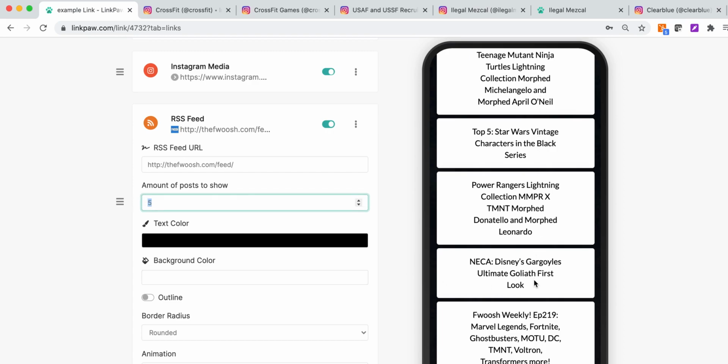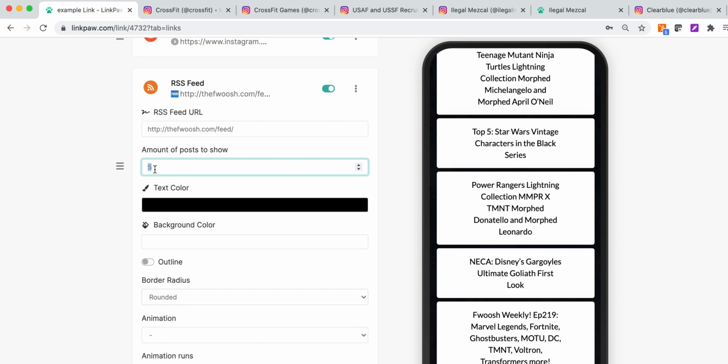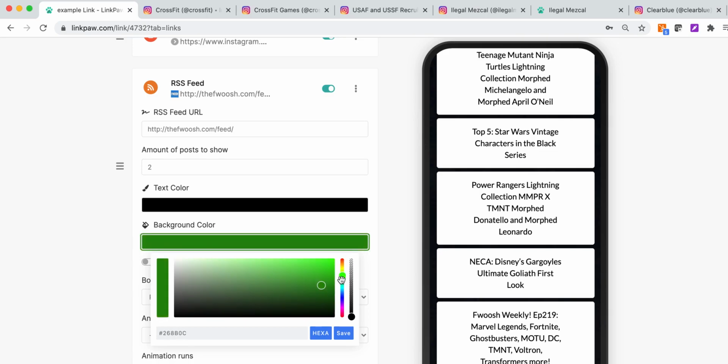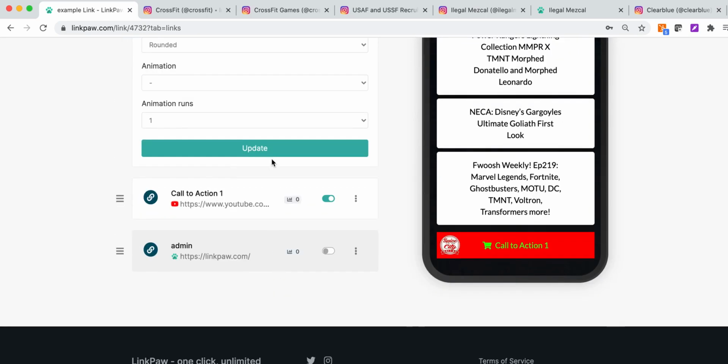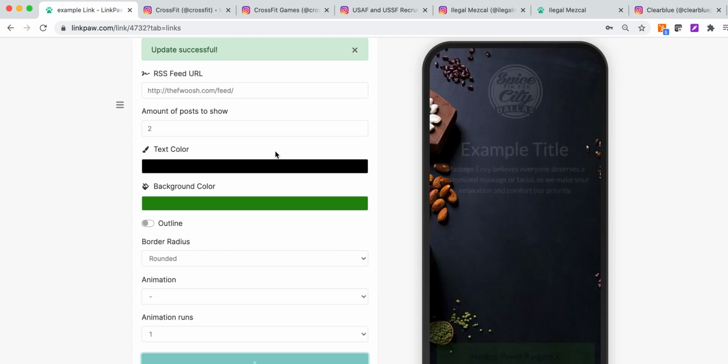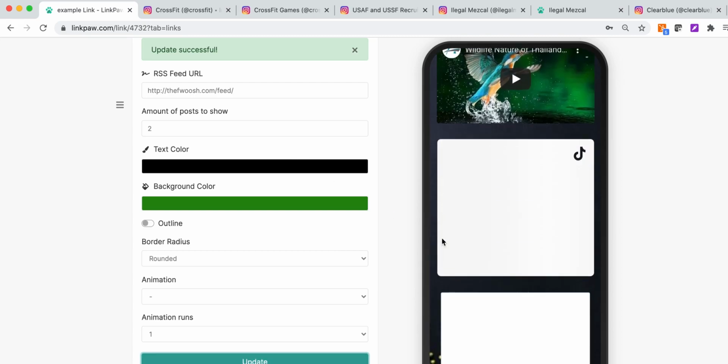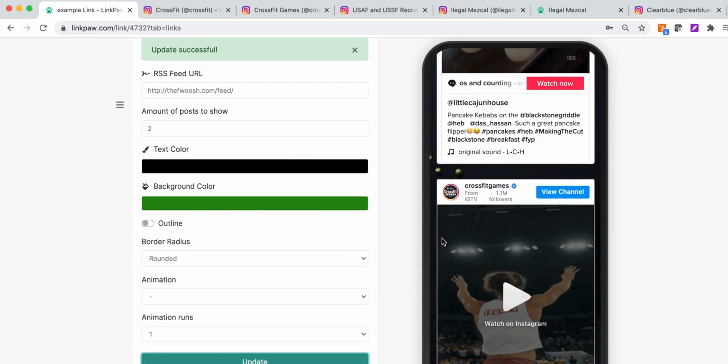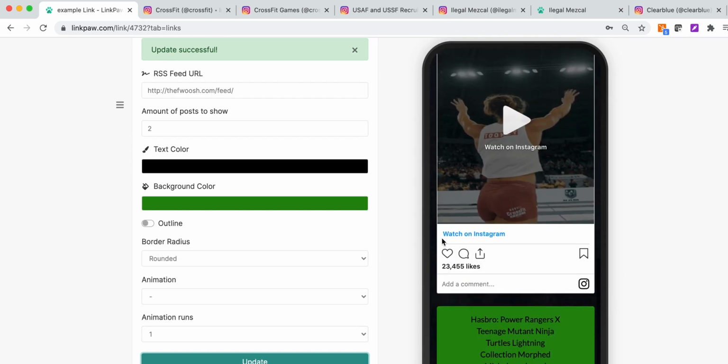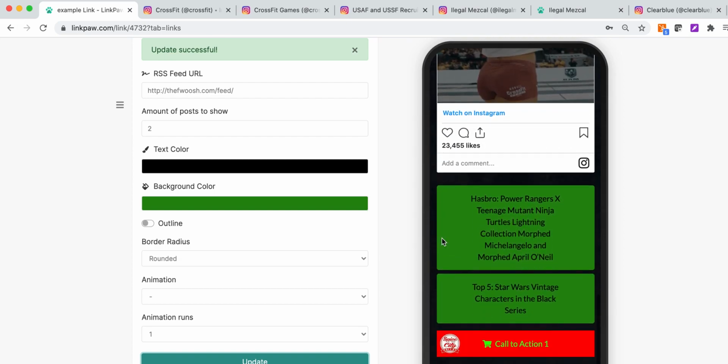And so here you see all that content being displayed. So let's limit it to 2. And then also you can change the background color here. Save. And this is helpful, for instance, if you have a blog section, and you want that blog to kind of appear here and be dynamically